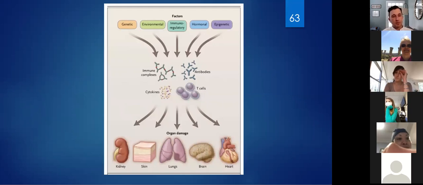And then to summarize in pictures, everything that we talked about so far is really summarized nicely in this picture. So you have a variety of different factors that all play a role here in lupus, whether it's genetic, environmental, hormonal, or immune-related, and all that together is going to result in cytokines being produced when they shouldn't, T cells getting excited when they shouldn't, antibodies being formed against our own healthy tissue, and immune complexes being left to set up shop wherever they want. And all those things together ultimately lead to damage in healthy tissue. Okay.